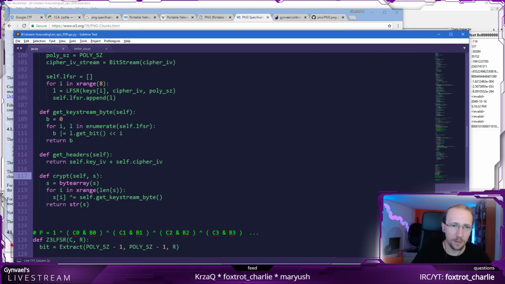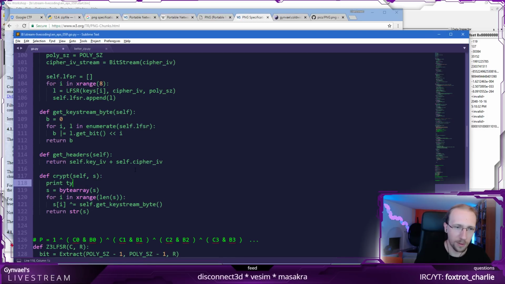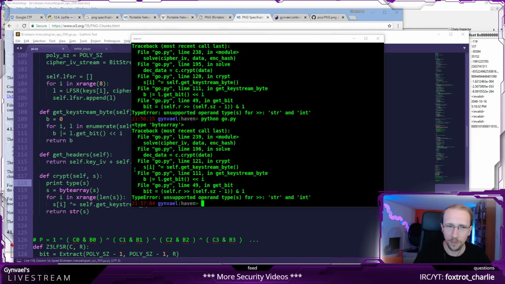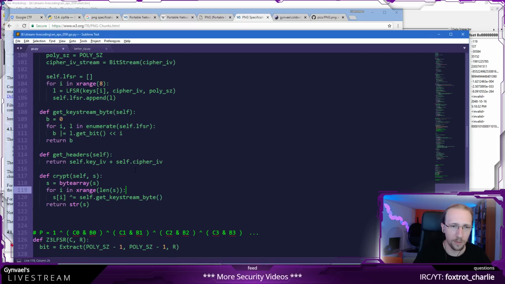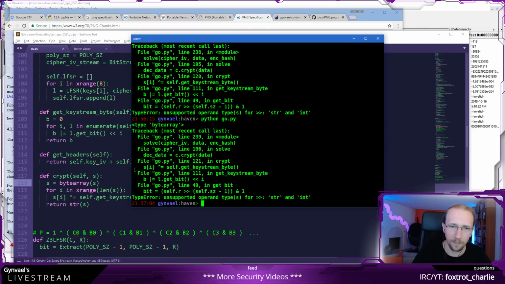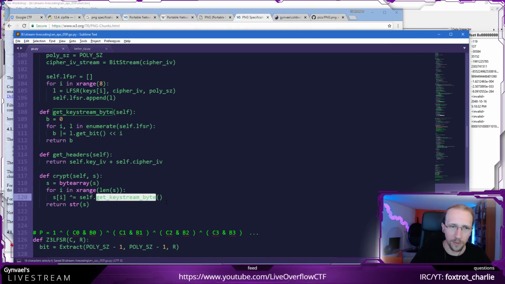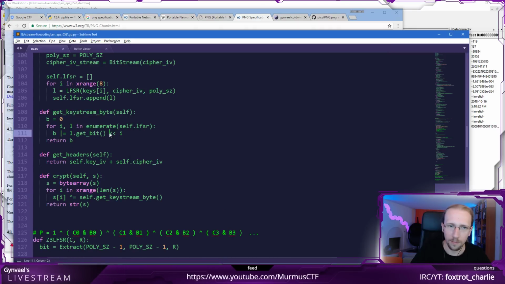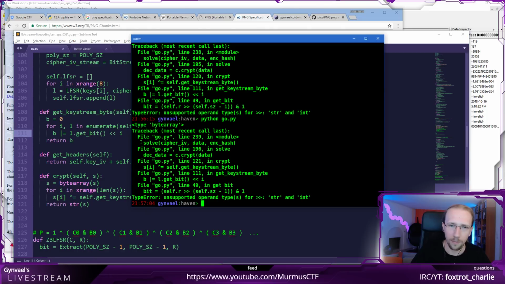So crypt data, this print type plus. It's a byte array, that's fine, right? Because we get a byte array out of it anyway. Oh, this probably returns something here. Get bit, okay.